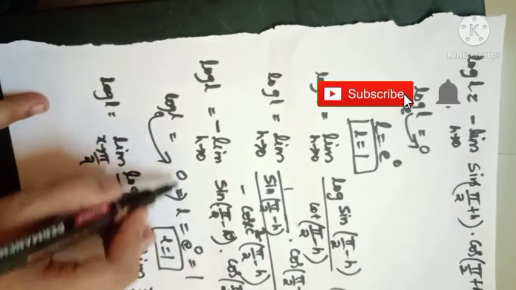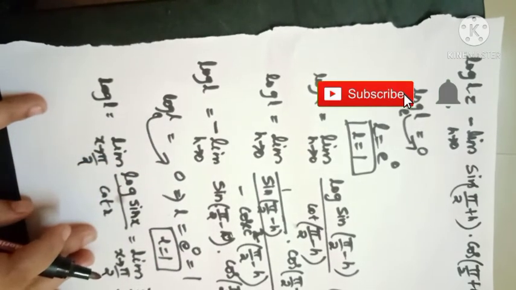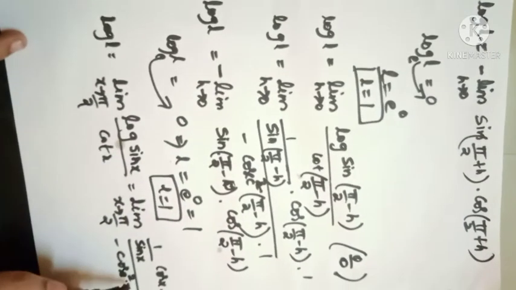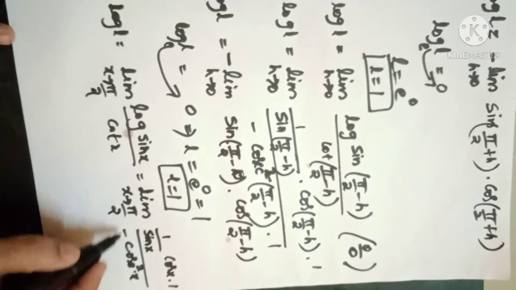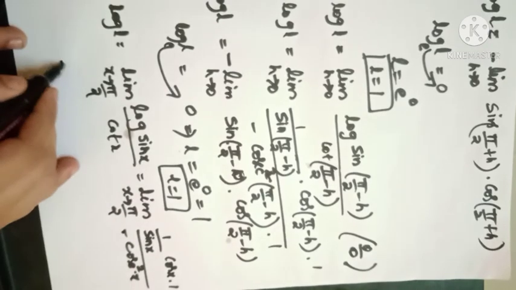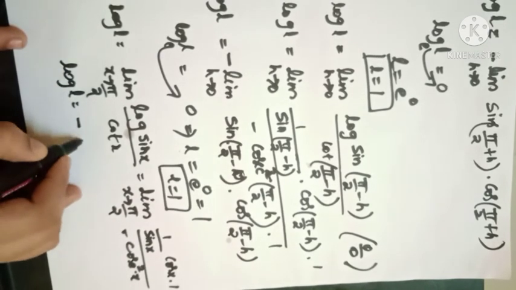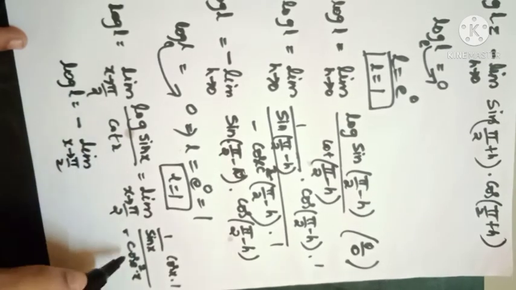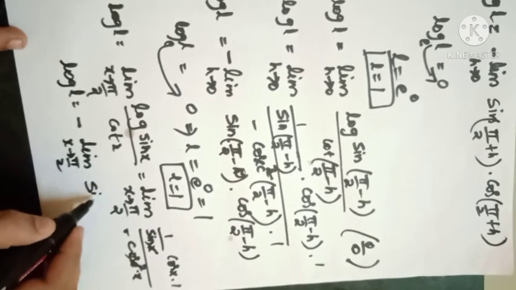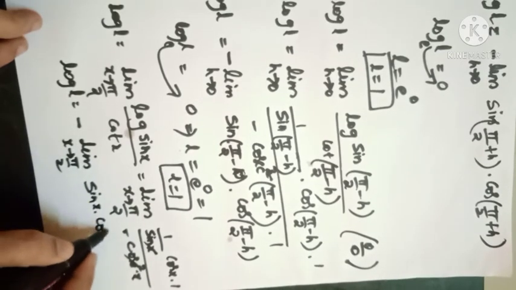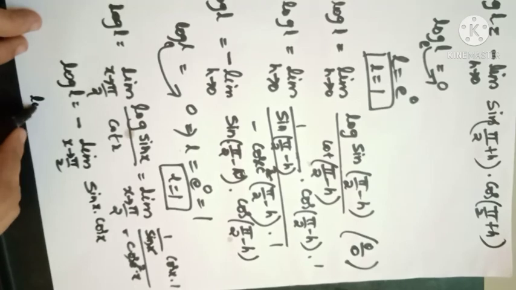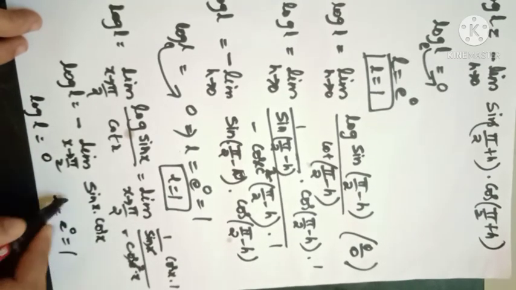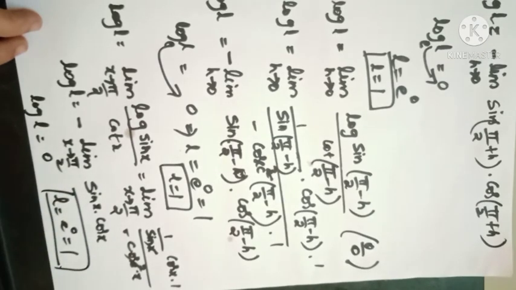So 1 over cosec square x cancels with one sin, and taking this minus sign, log L is equal to minus the limit as x tends to pi by 2 of sin x into cos x. Log L is 0. L is e to the power of 0, that is, L is 1. So in all the cases